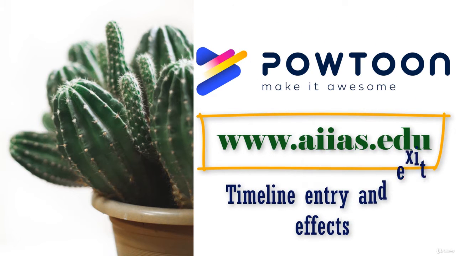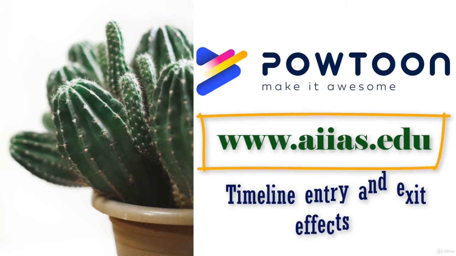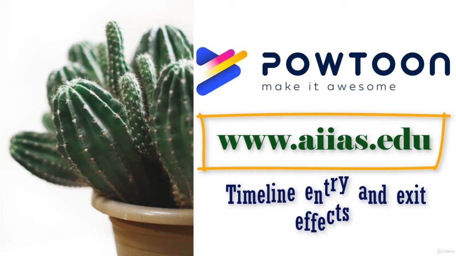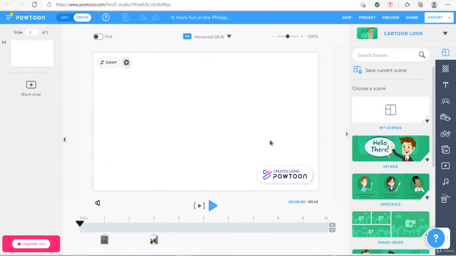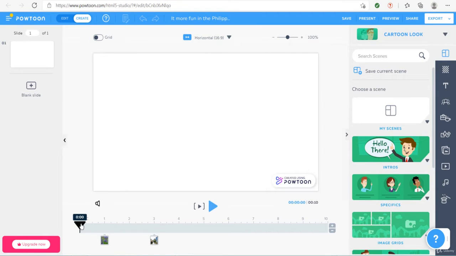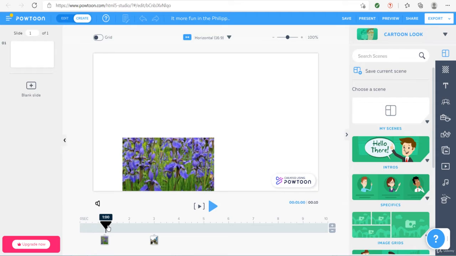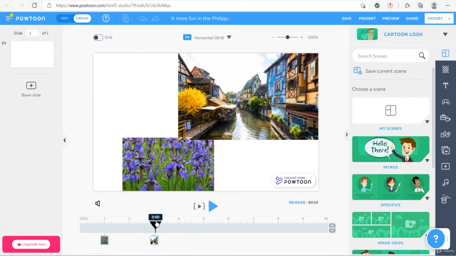This time I'm going to show you how to animate an object such as an image on a slide as the image enters the slide and as it exits the slide. You may be wondering where the two images disappeared. Well, they have not. I'm going to move the slider to the first second, and here is the first image that will appear at the first second, and I slide it, and here is the next image that will appear